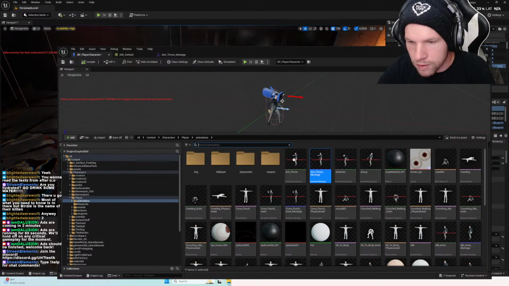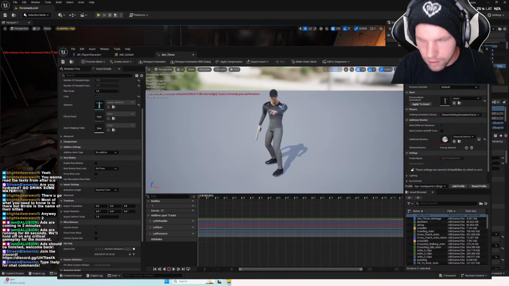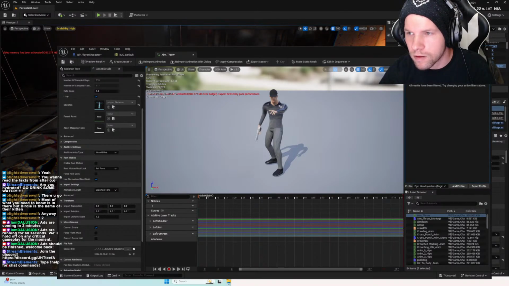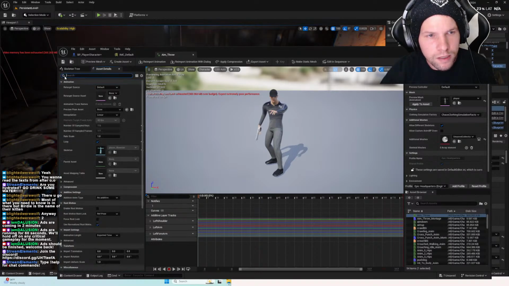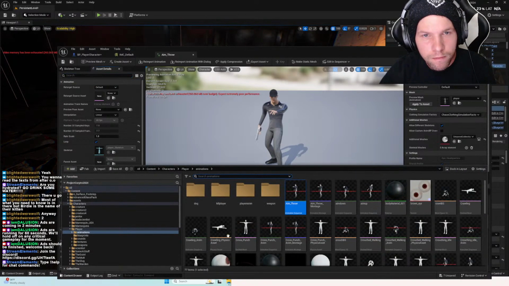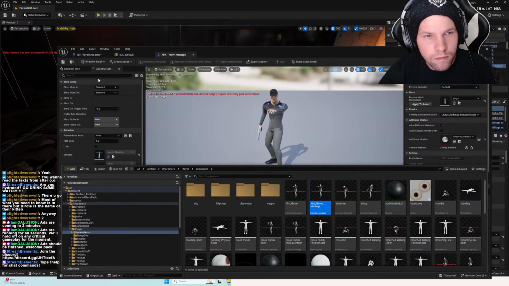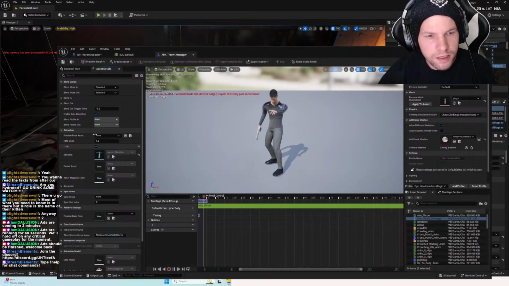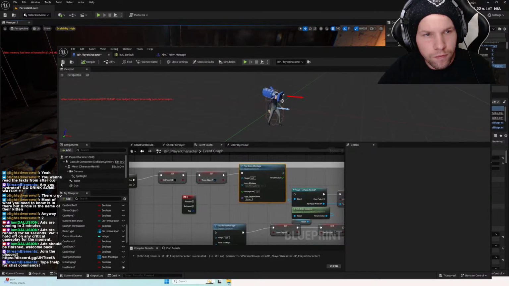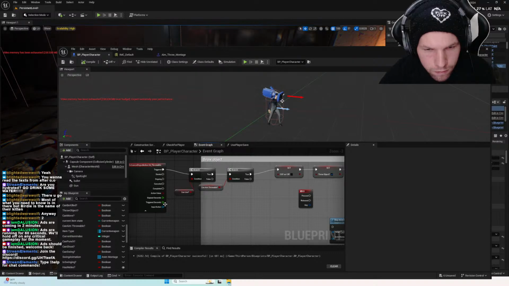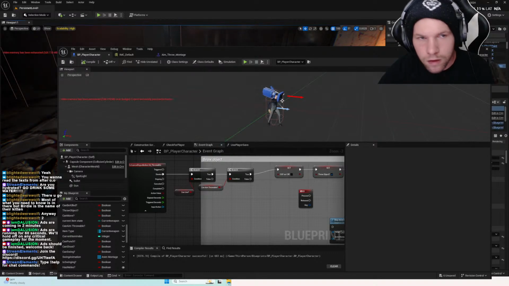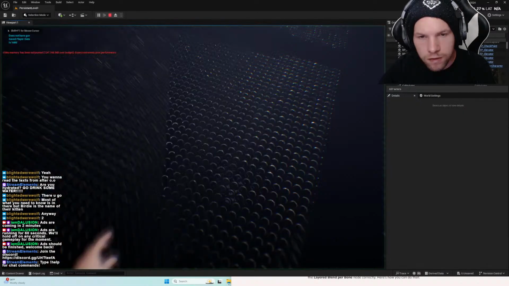Okay, let's do. Is it in here? No. How do I set it to loop? Yeah, it's already set to loop. Oh, this isn't set to loop. Started. Let's see, does that make a difference?